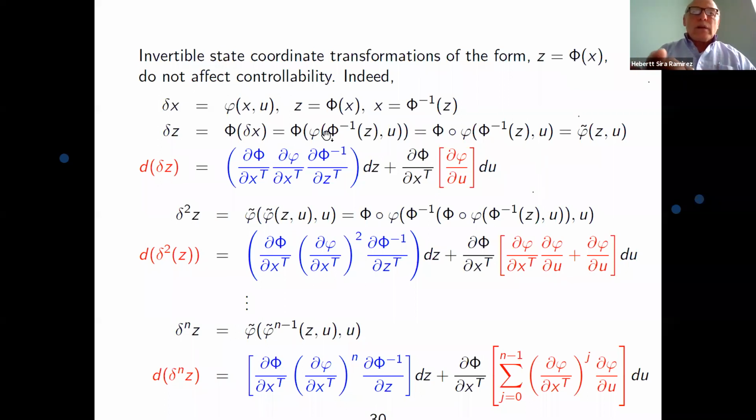In essence, then, we're meddling a lot with the state, but we're just influencing the image of this control input channel in a manner that is non-singularly portrayed by the gradient of the transformation, and that is a full rank matrix. So when we keep doing these iterations of the states through the state map in the transform system, they